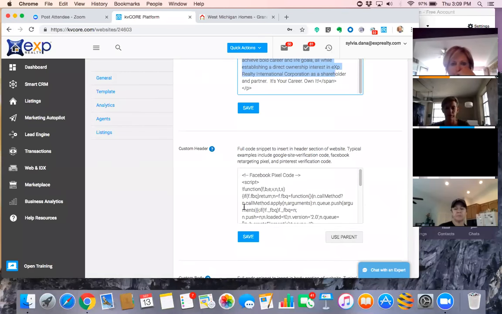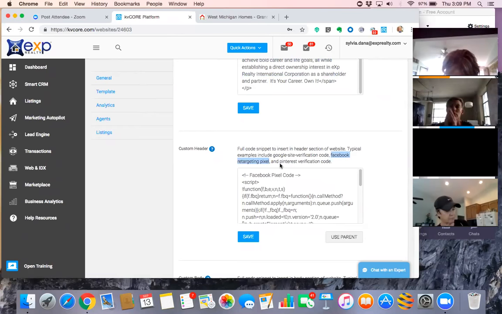Custom header: for our purposes, if you wanted to add a Facebook retargeting pixel, like I put here, some other day I can go through that. I did post in the kvCORE discussion an article on how to do this, and I'm happy to repost that.